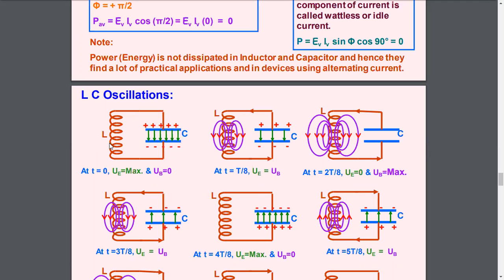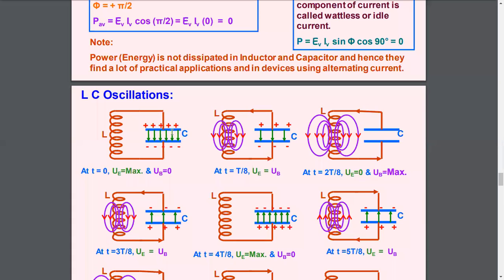So the conversion of magnetic energy and electrical energy keeps on oscillating across the capacitor and inductor. That's why such a circuit is called an oscillating circuit, or simply we say LC oscillations. That means a special electric circuit consisting of a capacitor and inductor connected in series with no power supply. Then whatever energy is there on the capacitor will oscillate across the inductor in the form of magnetic energy, and then from the inductor to the capacitor in the form of electric energy.